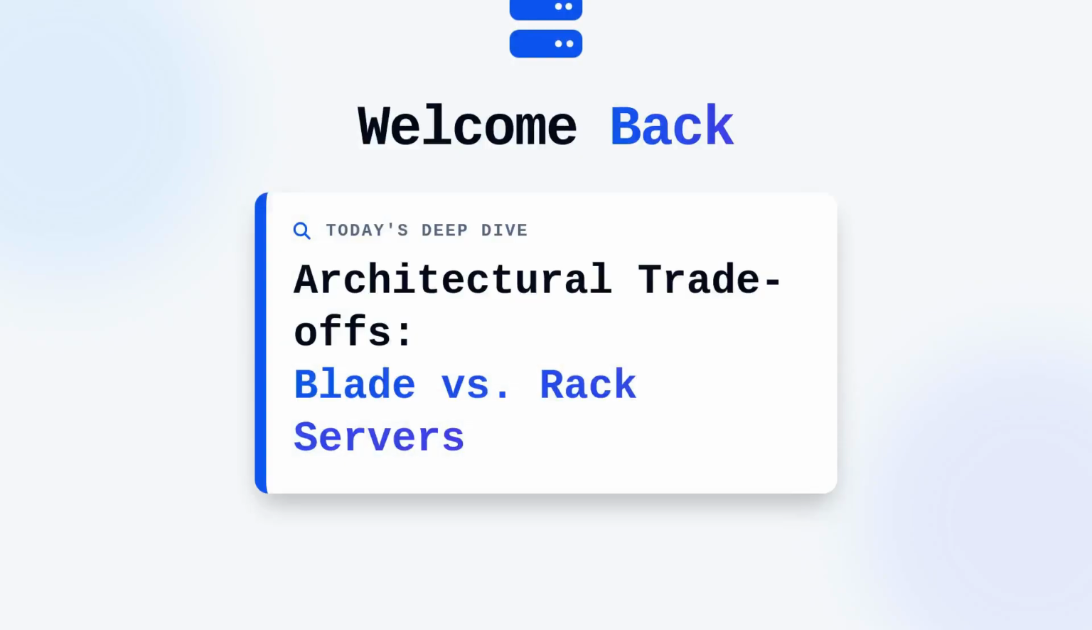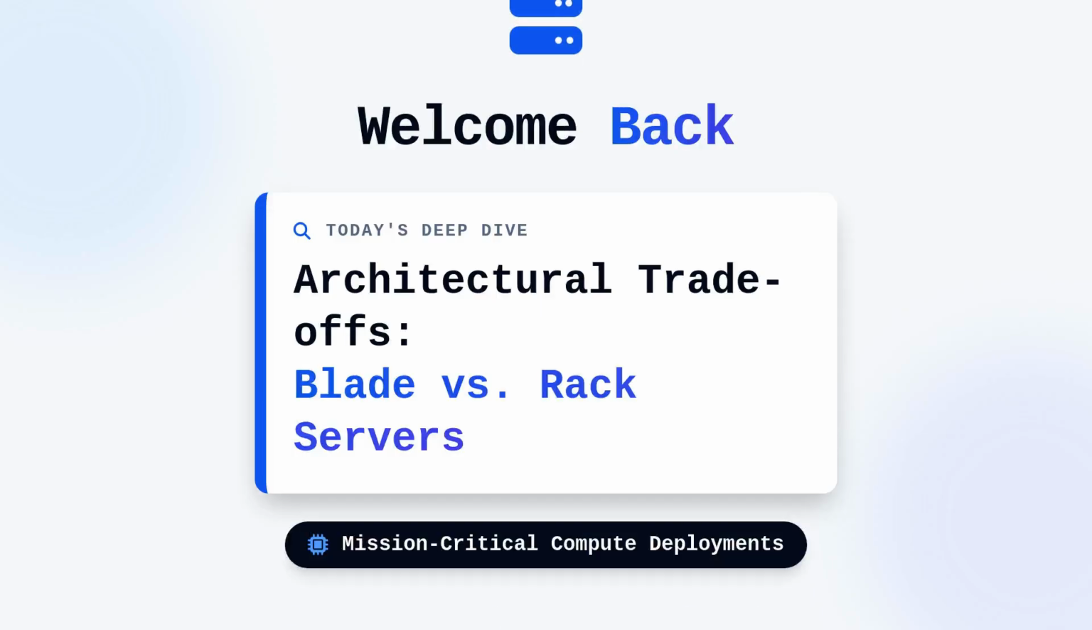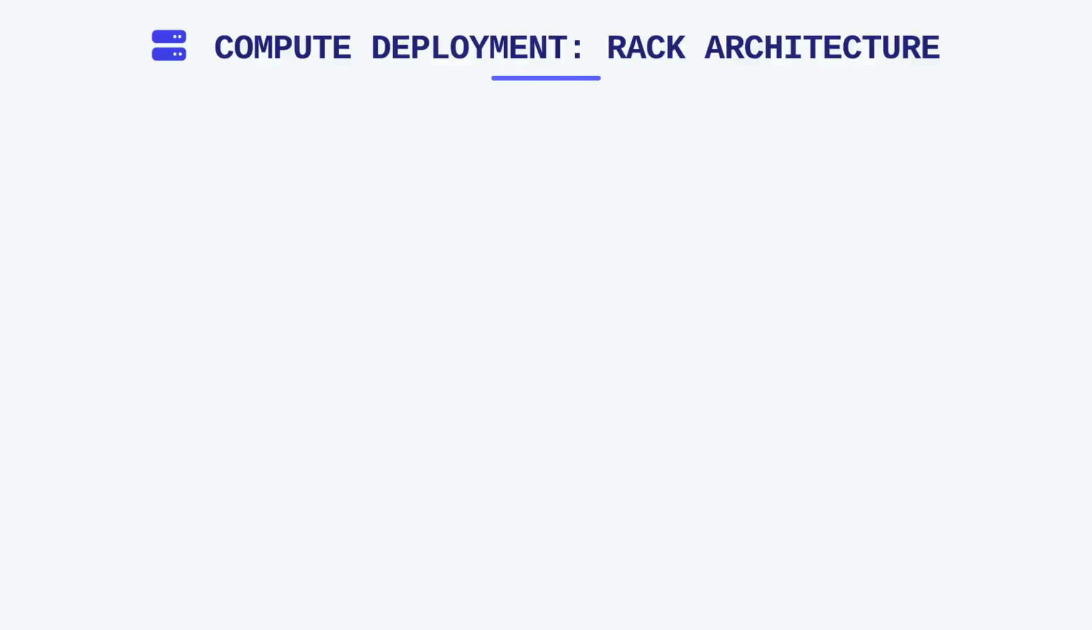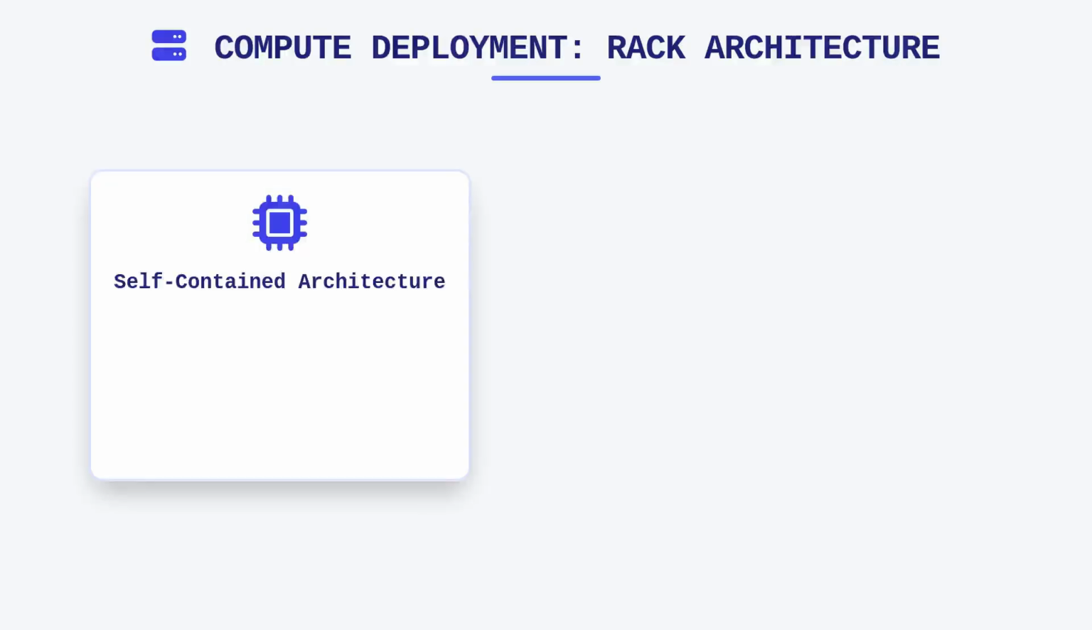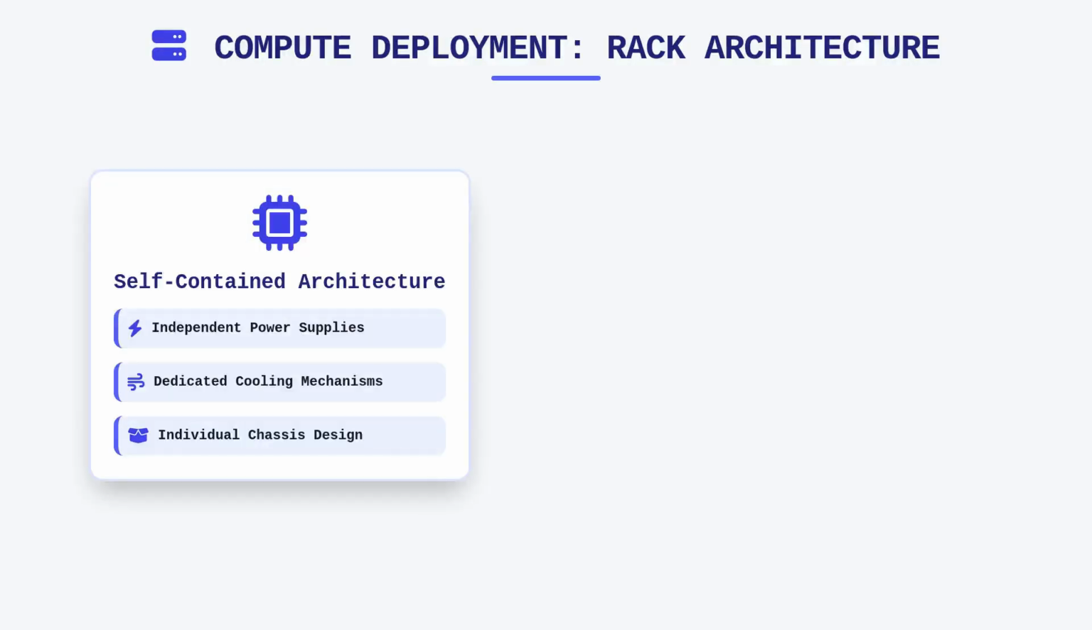Hello, and welcome back. Today we are exploring the architectural trade-offs between blade and rack servers within the context of mission-critical compute deployments. When we evaluate the deployment of compute resources in a modern data center, the decision between blade and rack architectures often dictates the operational efficiency and scalability of the entire hybrid cloud ecosystem. Rack servers, fundamentally designed as self-contained units,